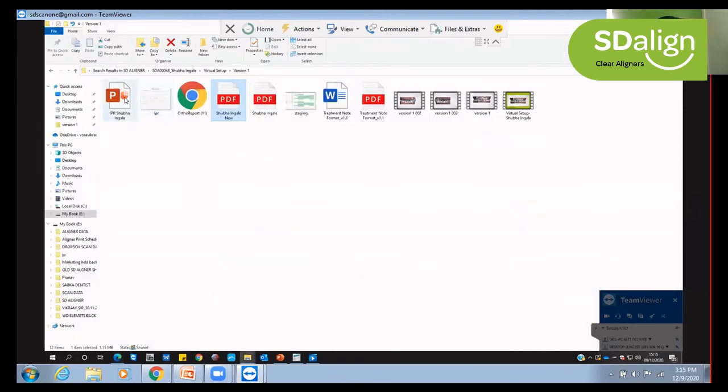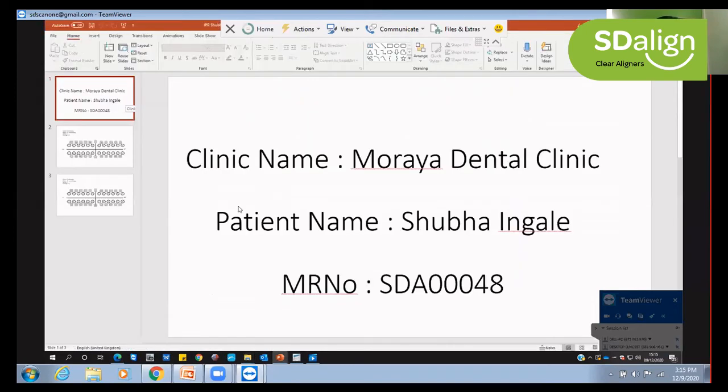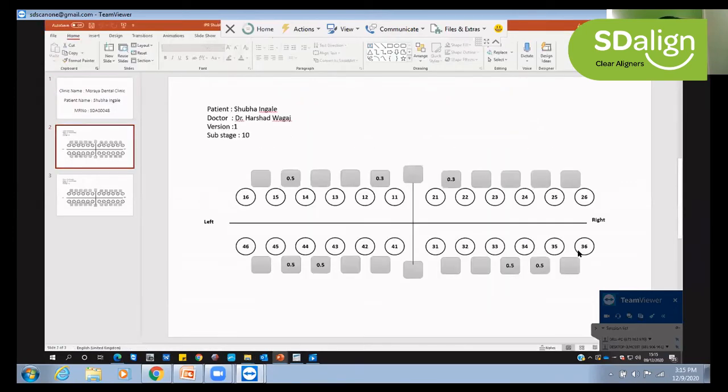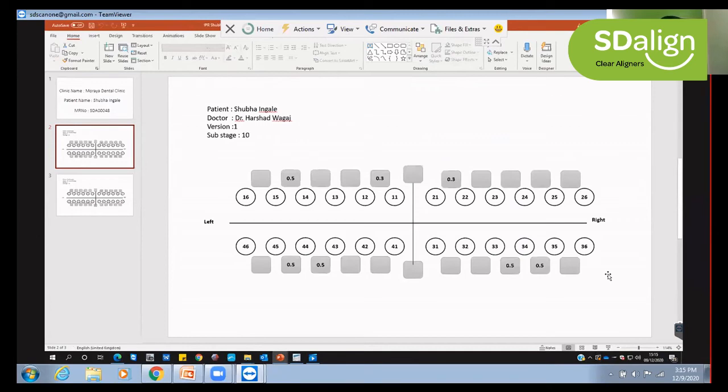The IPR chart is given as a printout in the form of a PowerPoint, where this is the stage on which the IPR has to be done, and this is how the IPR has to be done between each contact. A printout of this along with the printout of the whole ortho report is shared with all our doctors. So here we can see on stage 10, that is a substage, you have to do IPR between 1-1 and 2-1, 1-4 and 1-5, and also between 4-3, 4-4, 4-5. Similarly, in the later stages, you have to do IPR between 3-1 and 4-1, and at the stage of 24.